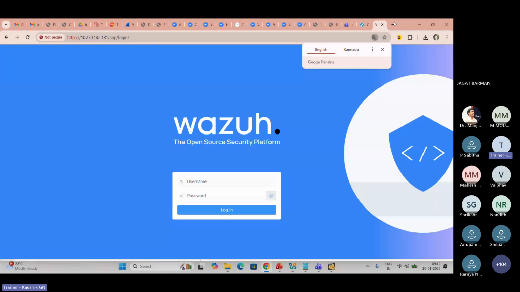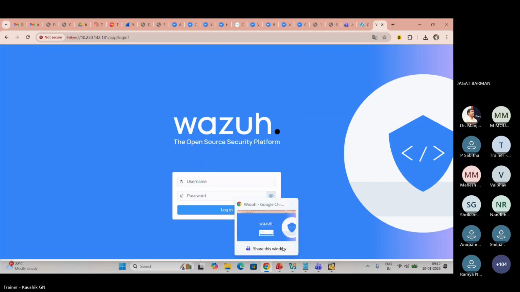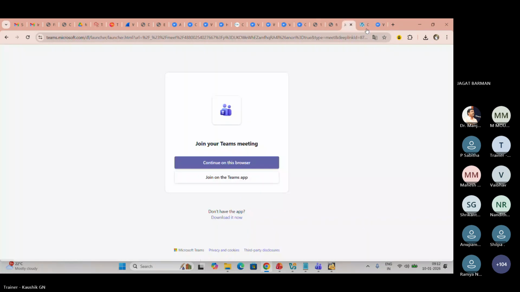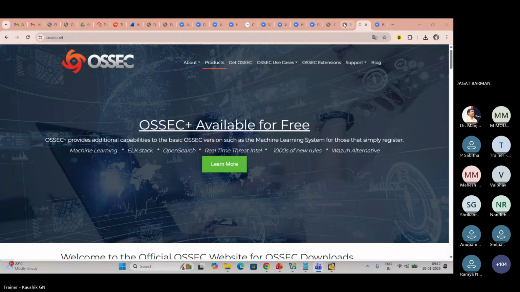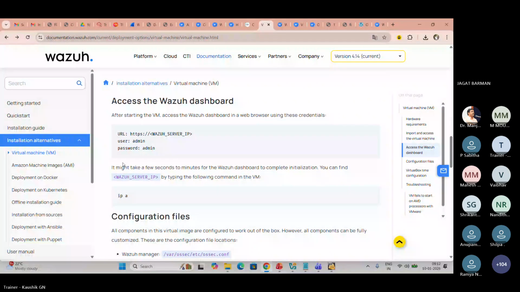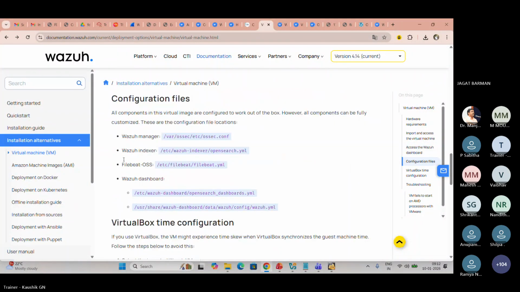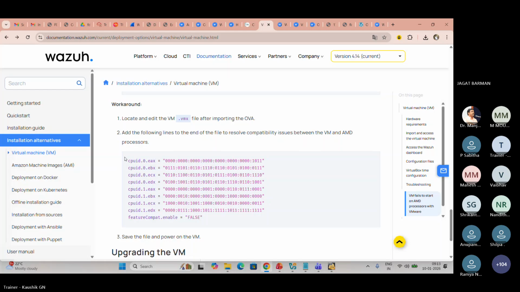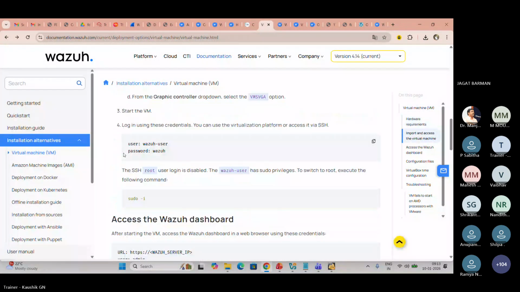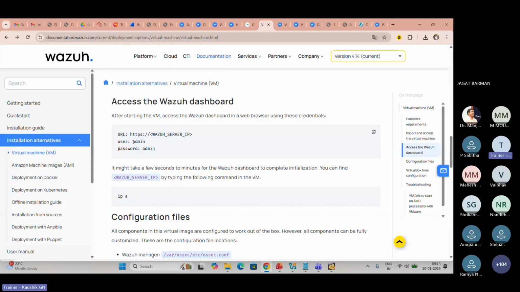So Wazuh will load and the dashboard will come. Now, what is the default password?